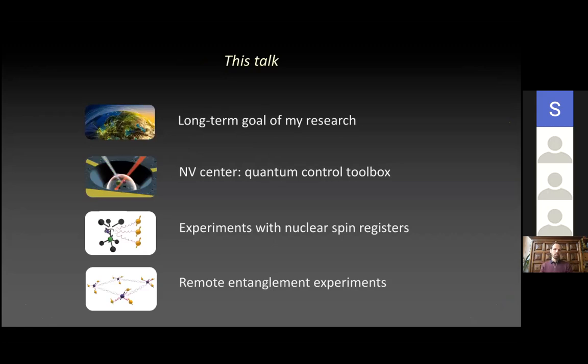Okay, so these are the basic tools that we have. We use magnetic resonance to control the electronic spin, and we use the optical transitions to do initialization and readout of the electron spin. And we can decouple from the environment and get access to these very long coherence times by using decoupling sequences that protect the NV center from decoherence.